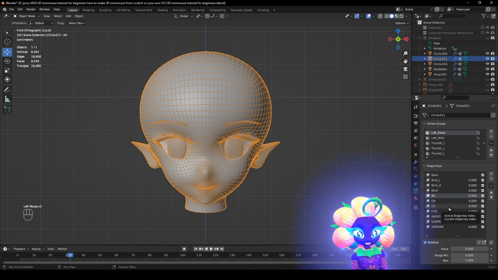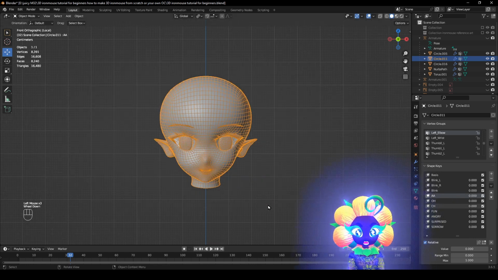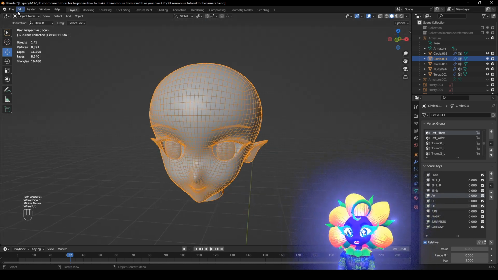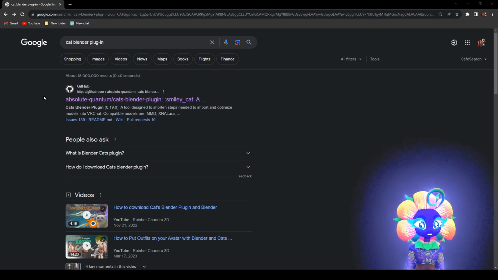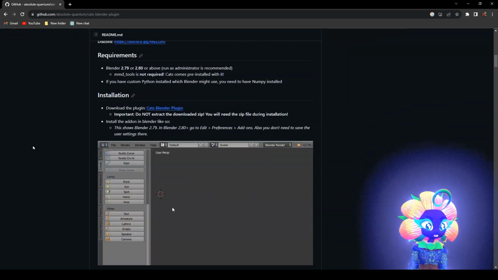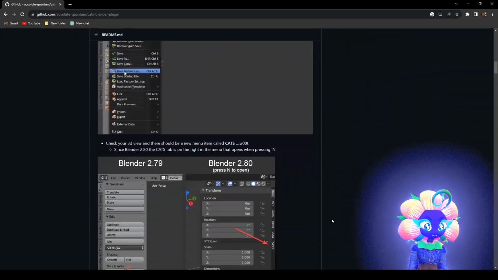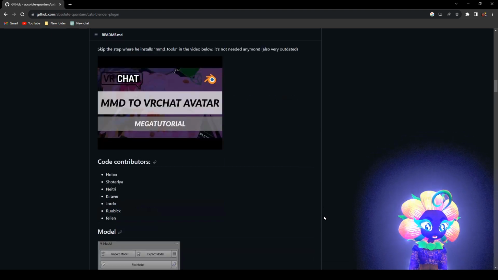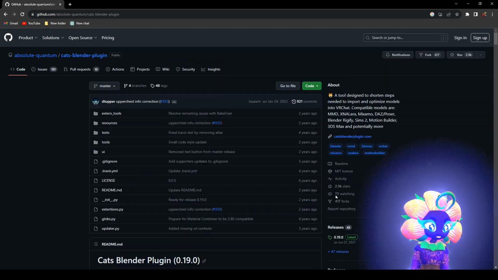There is another add-on that you can get, and I'll put a link down in the description, that does auto translate. Might as well show you how to do that right now. You're going to need the Cat's Blender plugin for VRChat dubbing. It makes it so much more convenient. So you can click on it. It basically shows you how to install it. But for those of you who don't want to go through this and just want somebody to show you,